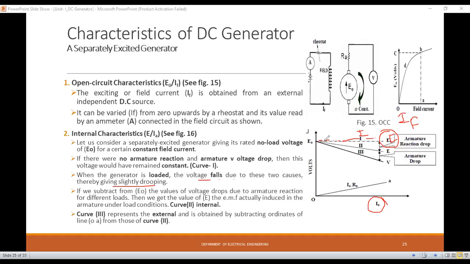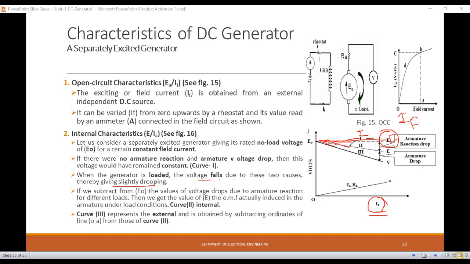बघा नो लोड ला कॉन्स्टंट कर्व आहे किंवा ही कॉन्स्टंट लाईन आहे. So at constant field current and each and every value of armature current, the induced EMF is constant at no load condition. When the load on the machine increases, ज्यावेळेस मशीनचा लोड इन्क्रीज केला जाईल, at that situation armature reaction effect will be taken into account. Armature reaction चा effect जो आहे तो account मध्ये घेतला जाईल, so that the curve will drop from its no load characteristic. That means it is less than that of the no load characteristics.